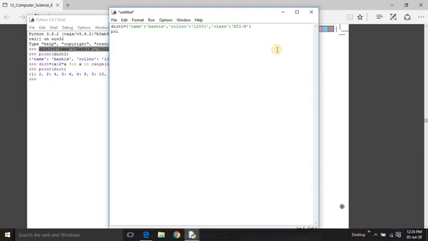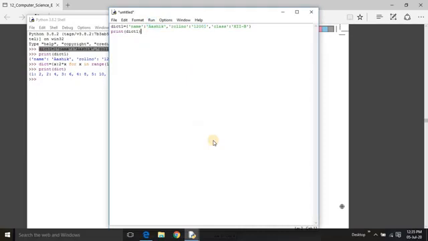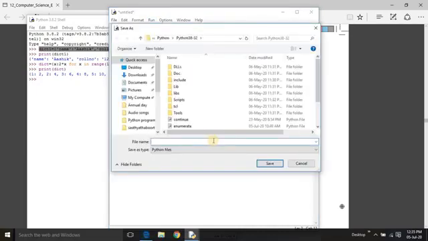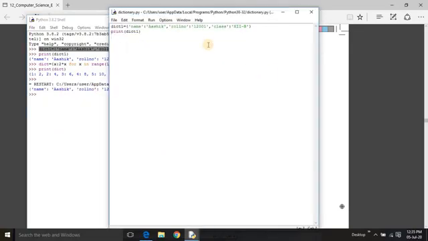I am just giving print dict1. So by this we can access all the elements in a dictionary using a simple print statement.